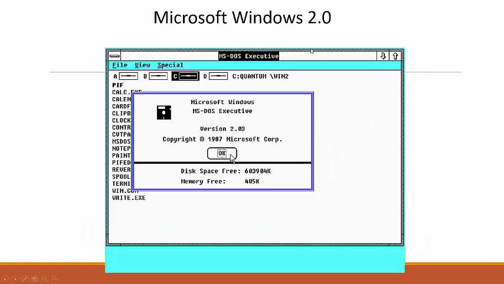Now, Microsoft didn't give up. In 1987, they released Windows 2.0. This is actually the first version of Windows I personally worked on. Same idea. It really wasn't changed that much from Windows 1.0. The resolution got higher because of EGA graphics. It still didn't have icons. Still just a shell that runs on top of DOS, and commercially not really that great of a success.